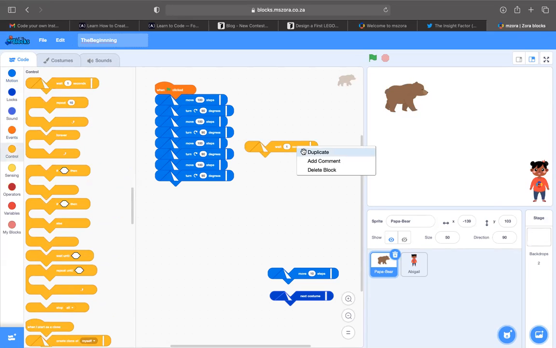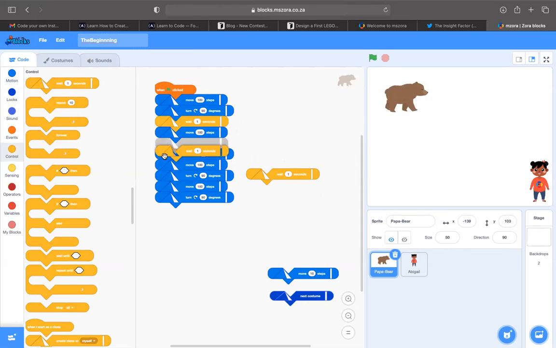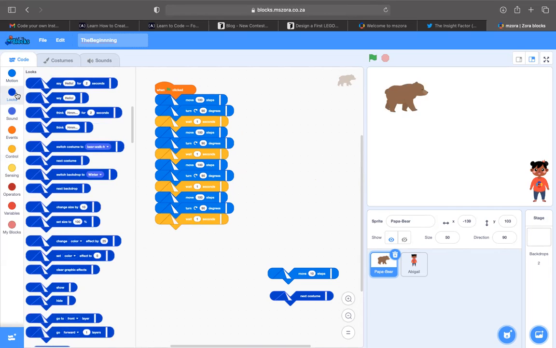Let me right click, duplicate. I will duplicate it 3 times. Okay, so I'm going to add a timer here that is going to slow it down. All right, and then a timer here that is going to slow it down so that we can see our code, what it does. All right, so if I now click on the flag, it moves in a square motion.